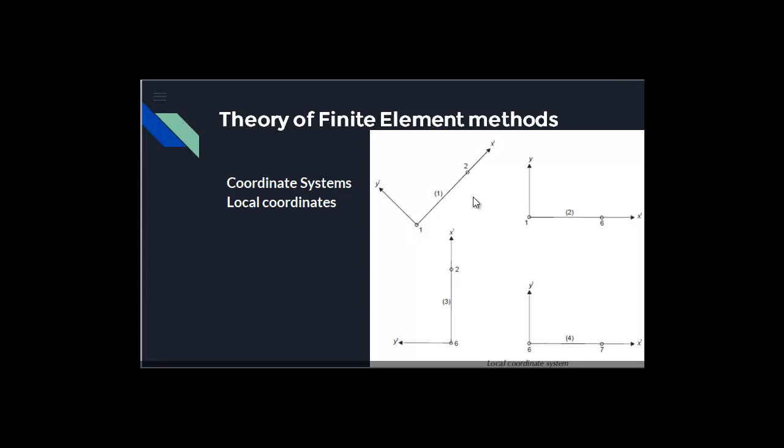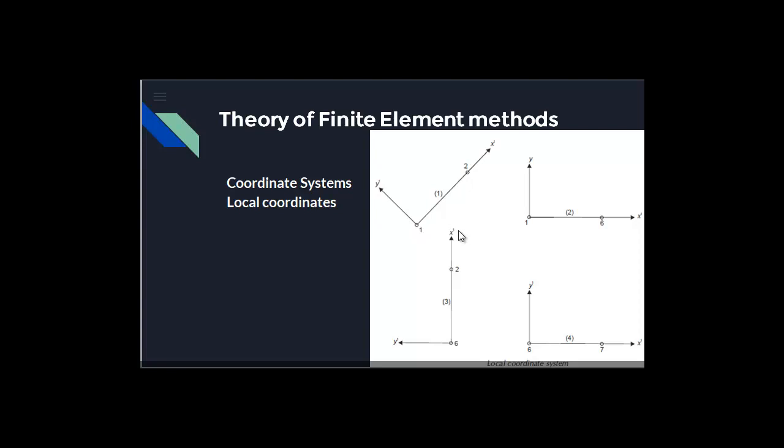So if the member is inclined, with the nodes 1 and 2, the axis is taken as x dash, and similarly the vertical axis is taken as y dash. If the member is inclined in the third quadrant or the fourth quadrant of the axis, again the horizontal axis is taken as y and the vertical is taken as x. So the axis corresponding to that particular element is called the local axis, and the coordinate system followed is called